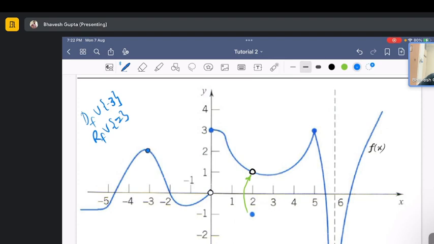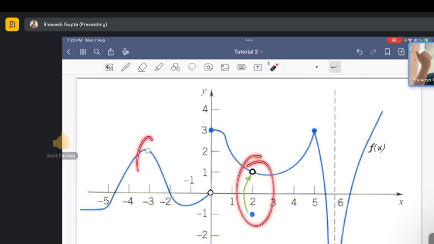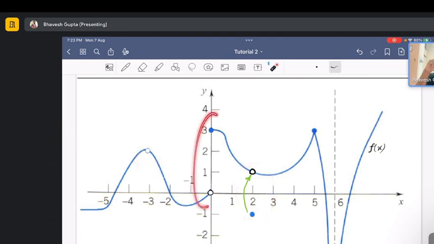That's interesting, right? So this is what I mean to say over here. I hope this point is clear, right? Why is this a removable discontinuity, even though we don't have any definition in that part? Over here we had the definition, over here we didn't have any definition. In this case we had the definition, but we cannot do anything because I asked a question that